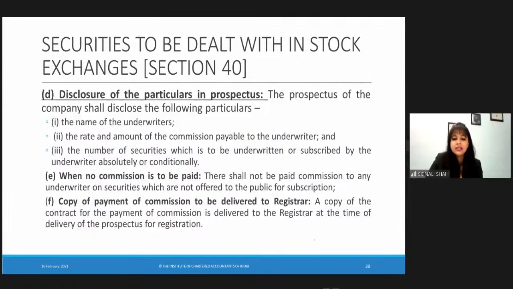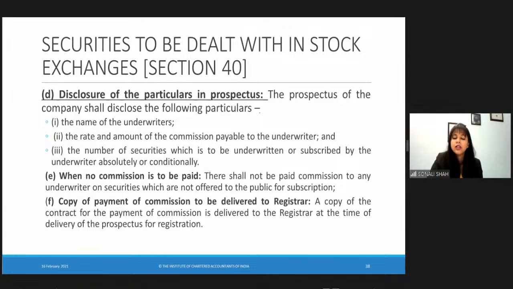Is this clear, guys? Have you written down this mnemonics? Do you want me to repeat this NCD-PAR? So in furtherance to that mnemonics, let us go to the provisions that have been given here.